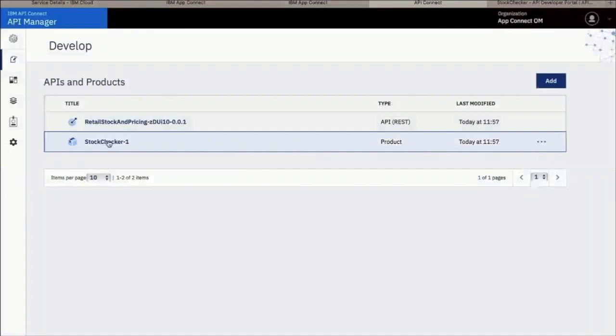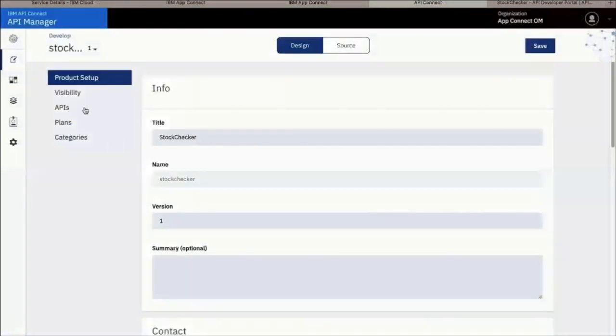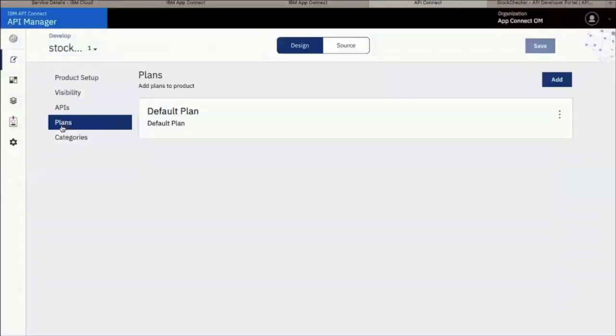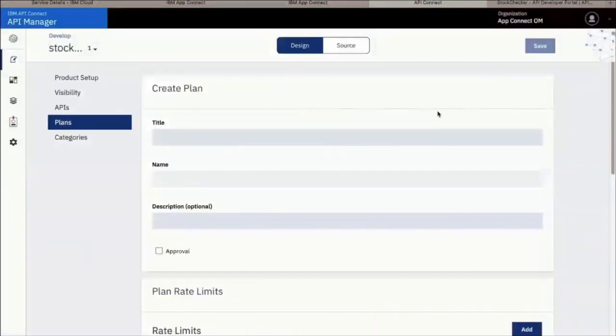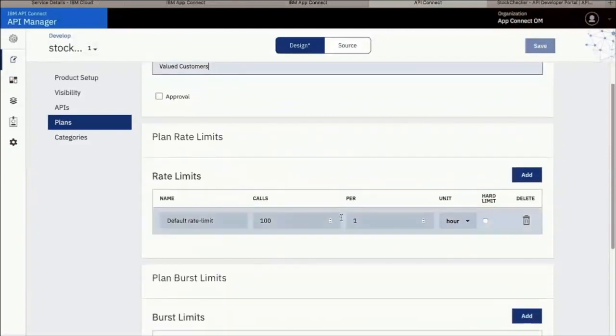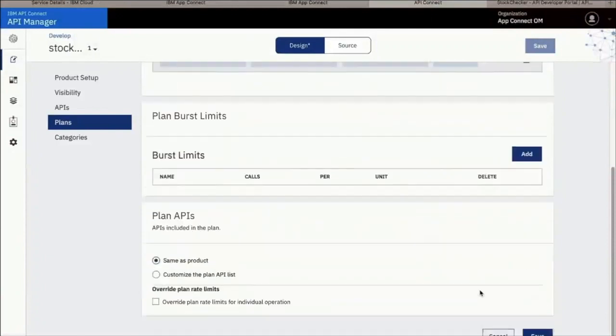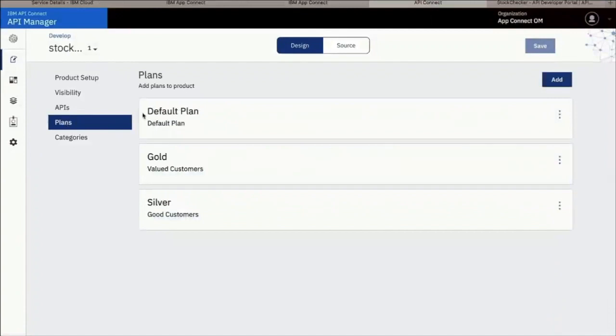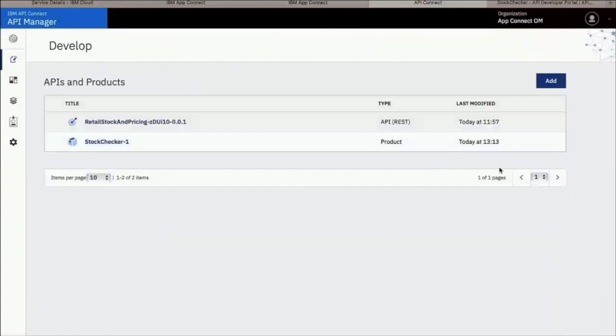Now I can take those same integrations that I've created, and these are app integrations, as I mentioned before, and create an API from them. And so now you note here what I'm doing is I'm applying some rate plans to this particular API. I can allow for a set of them that a developer can choose from. And in this case, you can see I'm setting the default rate limit. I can set things like burst limits and all kinds of things as policies. And now I've got a set of plans that can be used as I subscribe to the API.